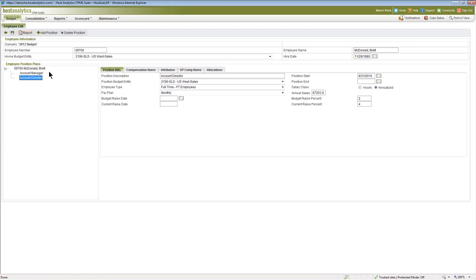And in this case, this person, Brett McDonald, was promoted. So there's two different profiles that relate to the various salary level or applicable compensation items. So the power of this comes in my employee type. In this case, Brett is considered a full-time employee, and there's certain costs that apply to all of my full-time employees. The Boston Red Sox is one of our customers, and they have 5 different employee types.